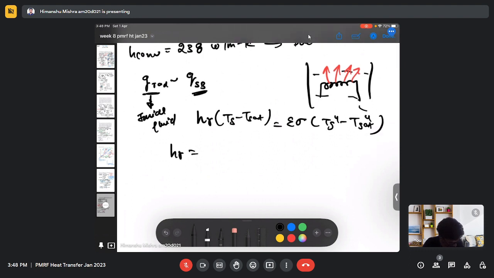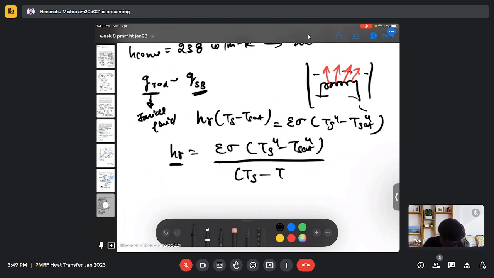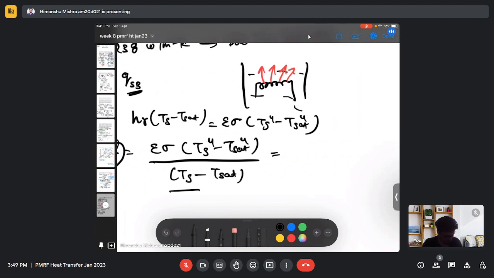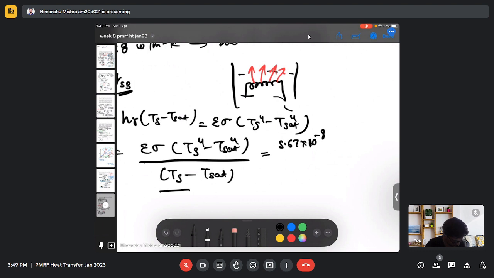So my heat transfer coefficient due to radiation becomes this. We need to use this relation to find it. So emissivity is 1 and the Stefan-Boltzmann constant is 5.67 times 10 to the power minus 8 watt per meter square Kelvin to the fourth,